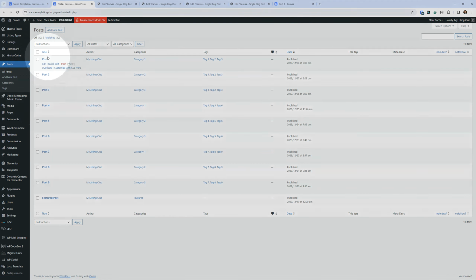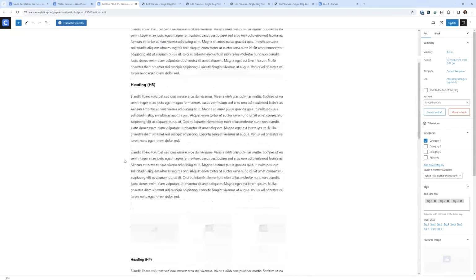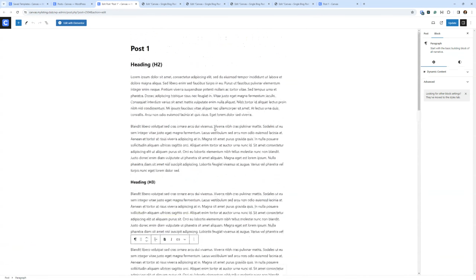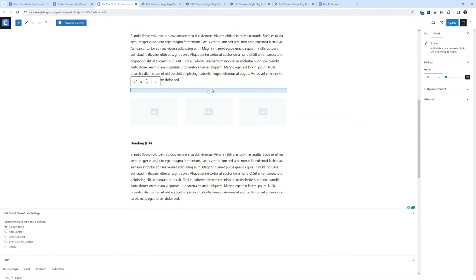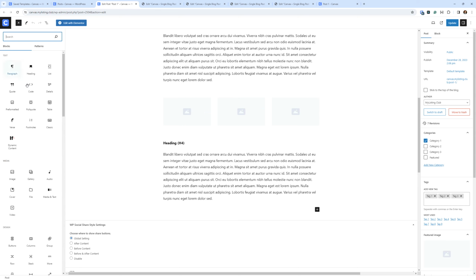You'll notice here that none of these posts are edited with Elementor. Okay, so if I go in and I look at a post, the edit with Elementor button is still not activated. That means I have never edited this post with Elementor. I went in here, built everything with the default editor. Like I said, it is super powerful these days. There's tons of stuff that you can do